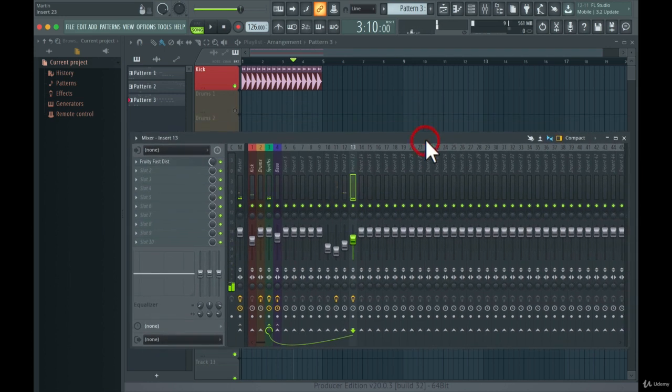Okay guys, so that is it for sculpting the sounds. Now I'm going to create a beat. So we're going to create kick drums, we're going to create claps, snares, and all of that basic drum stuff. Then when we're done with that, we're going to go over to the arranging part. So we're going to arrange our little track here. And then after that, we're going to bounce it out. We're going to create the mix down, and we're going to create the mastering as well.